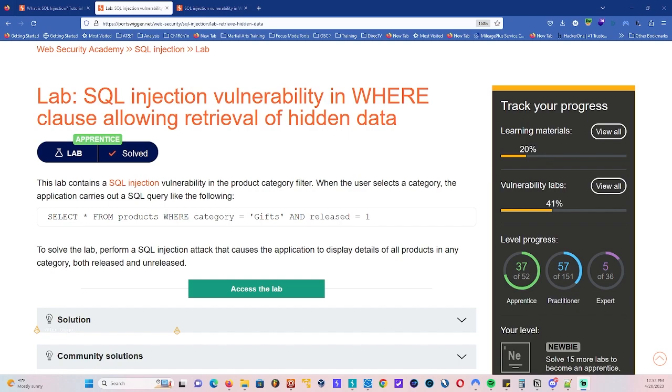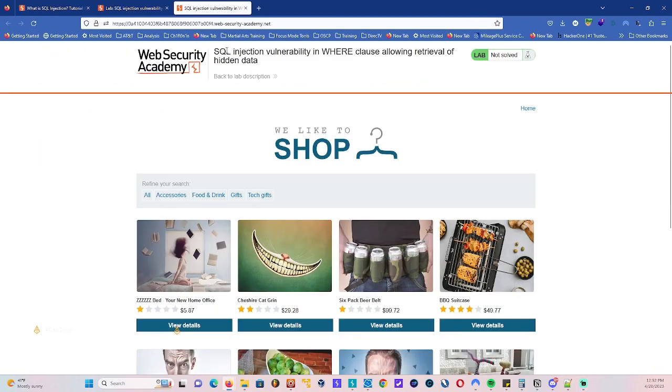Alright, check it. So, this particular lab says that there's a SQL injection vulnerability in the product category filter. So, when a user selects a category, the application carries out this particular SQL query. Alright, so let's get to it then. Go ahead and take this